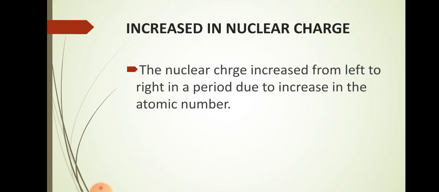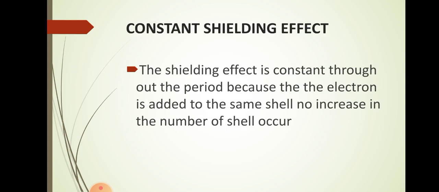Increase in the nuclear charge from left to right. In a period, the nuclear charge increases because of the increase in atomic number. ठीक है, हमारे पास nuclear charge क्या होता है, वो increase होता है because of increasing the atomic number, because the electrons are added to the shell, so the number of protons also increases, and the number of electrons also increases. What will happen then? The nuclear charge increases, and there will be a strong attraction between the protons and the electrons. So that's why from left to right the ionization energy increases. We will need more energy to remove the valence electron from the outermost shell.